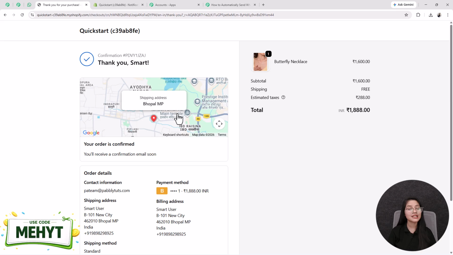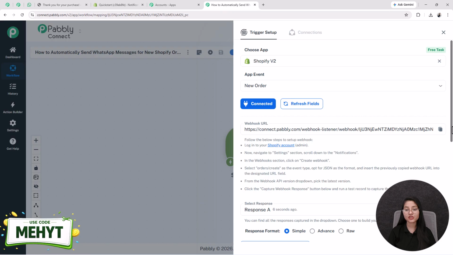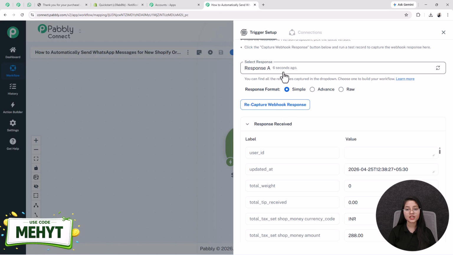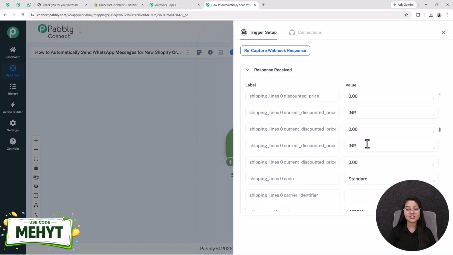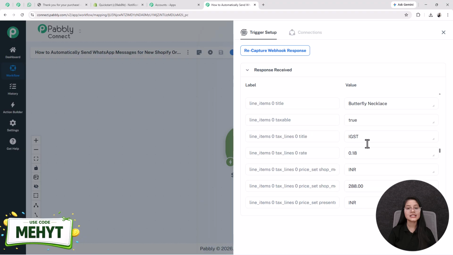See, the payment is done successfully as I have received the receipt. Now we will check our workflow to see whether we have received a new response or not. See, automatically I received a new response 6 seconds ago. That includes all the leads that I have entered while doing the payment. This means that our Shopify account is successfully connected with our Pabbly Connect account and the setup of our trigger